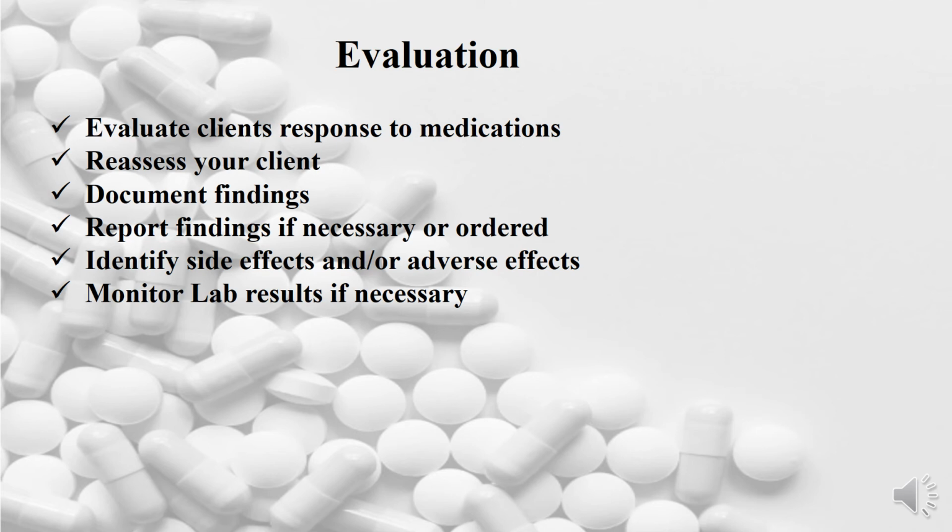Also, part of medication evaluation is monitoring lab results if necessary. If you are giving your patient potassium because they are on a loop diuretic, you're going to want to monitor your patient's potassium level. You need to make sure that they are within a therapeutic range. A normal level of potassium is 3.5 to 5.5. If you're giving a potassium supplement and their potassium was already 5.4